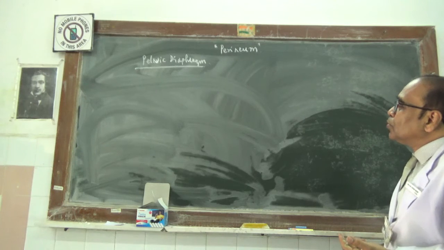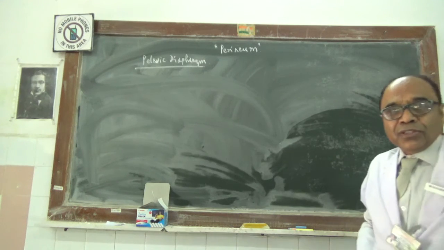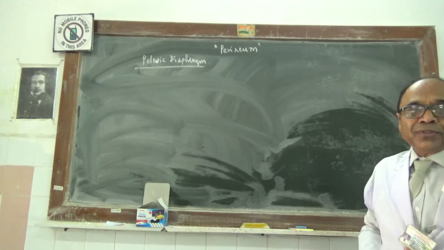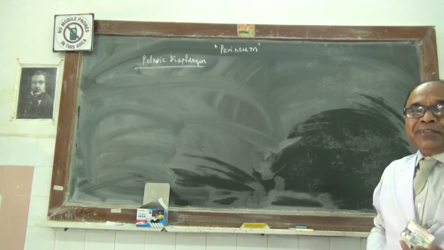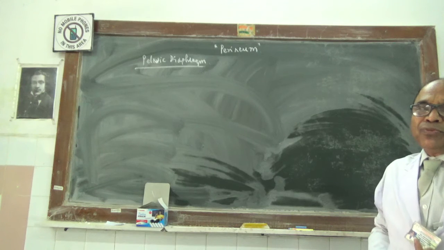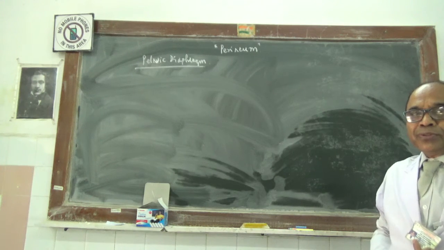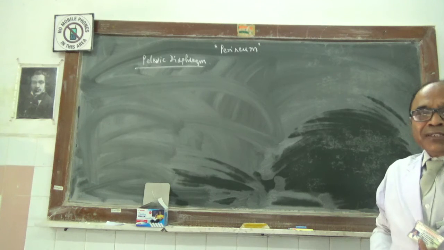But to get to the pelvic diaphragm, you should know how the pelvis is formed, rather the articulated pelvis. The pelvis is formed by the union of one hip bone to the other hip bone,